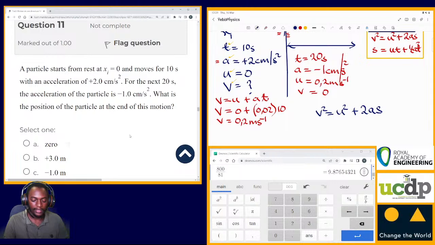And what is our final velocity? We said it's 0. Our initial velocity, considering this second part of the journey, what did we get? The u is 0.2. That's 0.2 plus